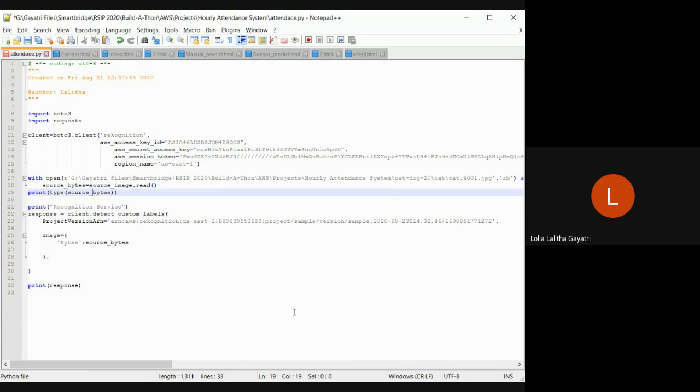Okay. So I installed Boto3 and I'm importing Boto3, because unless I import Boto3, I can't use it and call something else, right? Using Boto3, I am creating a client. Okay, client of what? I'm creating a client for Rekognition. After I create the client for Rekognition, I have to give the access key ID,